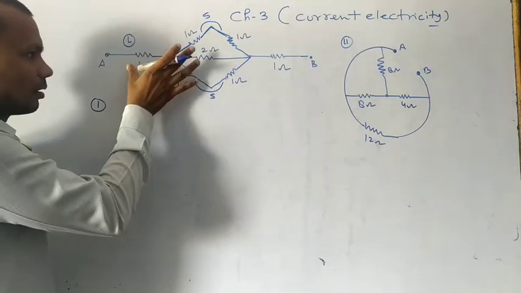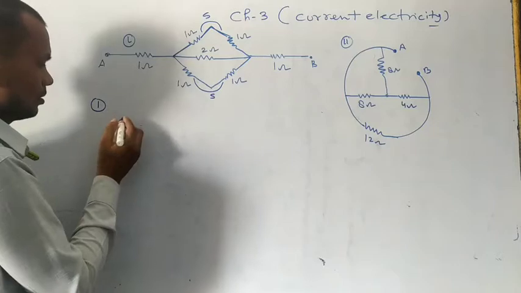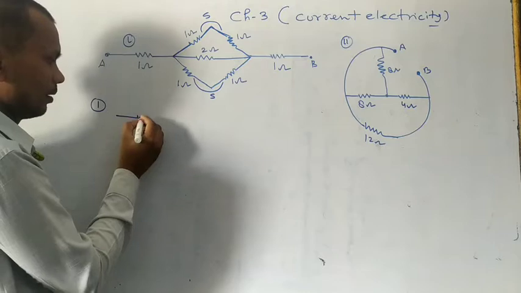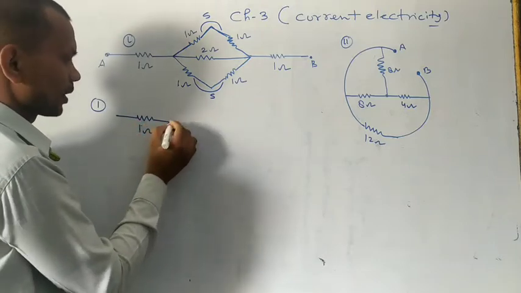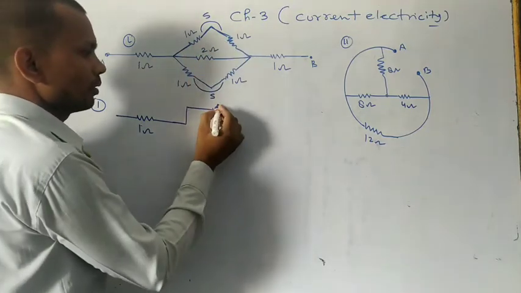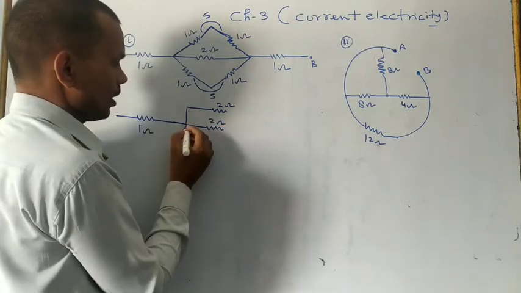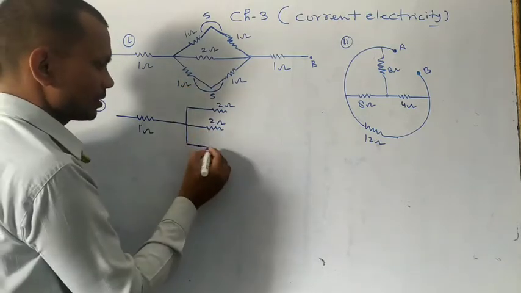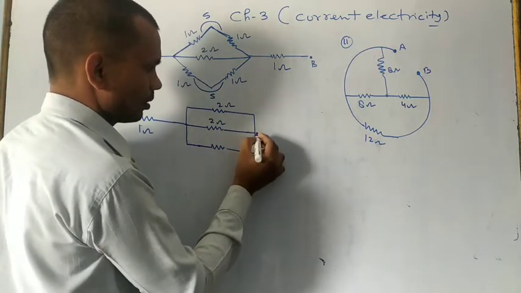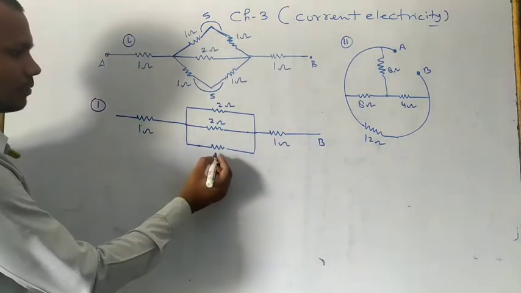So simple addition you have to use for finding the equivalent of this and this, and this and this. So this circuit after combining becomes in the form of this one. This is 1 ohm, and then here this is 1 plus 1, this is 2 ohm, and then this is also 2 ohm. And here you have to see this is also 1 plus 1, this is 2 ohm, right? Now after this one, this is 1 ohm, and then this is B, this is 2 ohm.